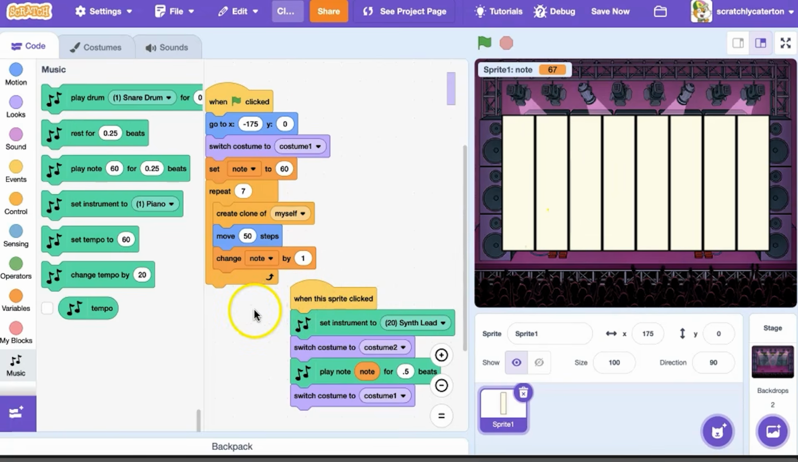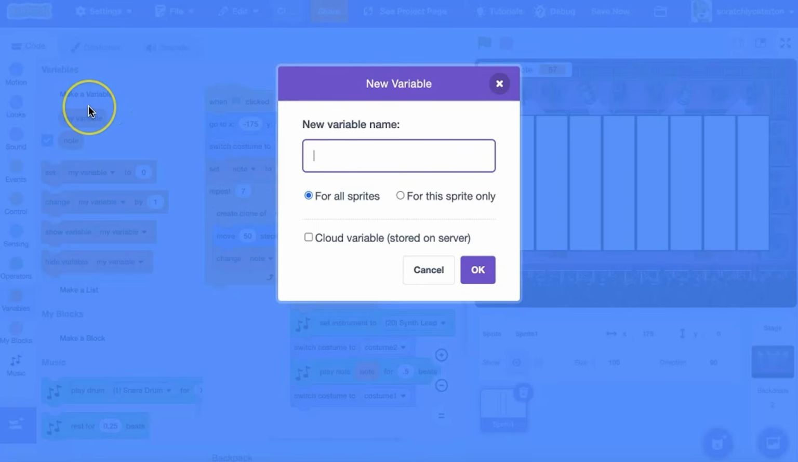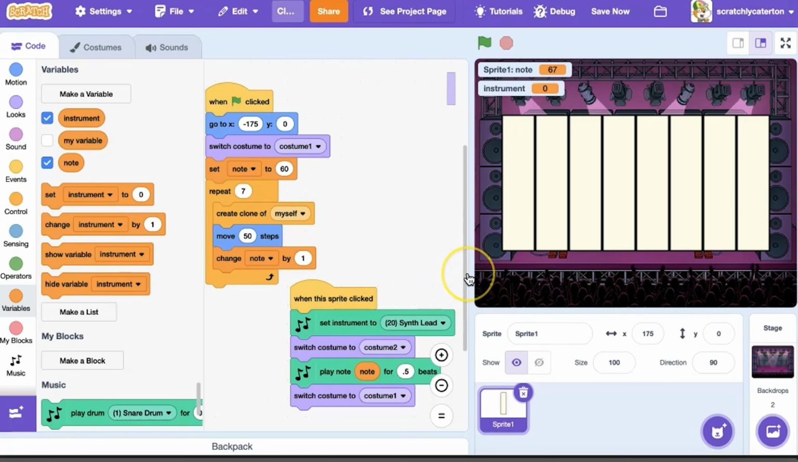We could set up another variable to hold the instrument number and give the user a slider so they can adjust the instrument number while playing the project. What kind of variable should we create though? A local variable, set at the moment each clone is created, or a global variable that applies to all sprites and all clones in a project? We want all the keys to be the same instrument, so in that case, we need a global variable, one